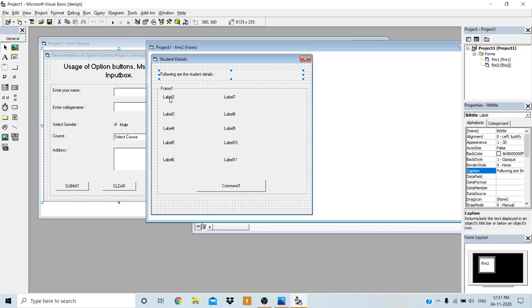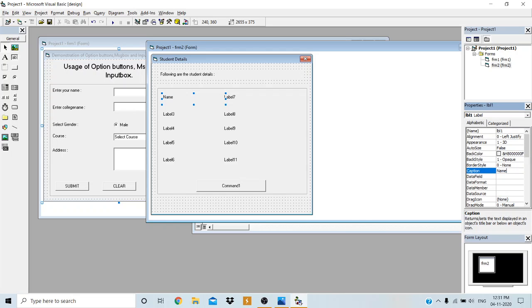Okay, now frame property I will set, let the name of the frame be frame 1. I will change the caption property and set it to blank. Then for this label, let the name be LBL1. Then caption is